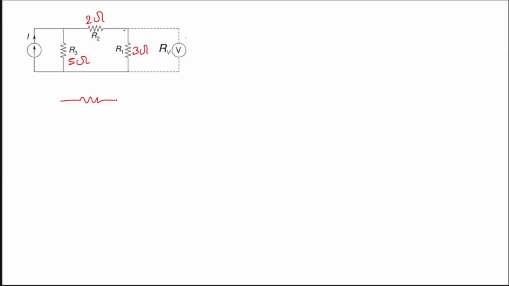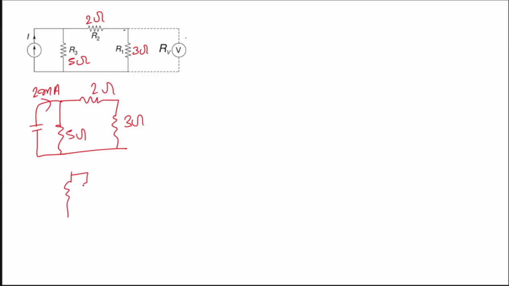So our circuit is something simple like this, right? There are these resistors and then there is a battery like this which is sending out a current of 2 milliampere, right? And here, this is how much? This is 3 ohm, this is 2 ohm, and this is 5 ohm. So clearly you can see 3 and 2 are in series, so that will become 5, and then our circuit will become this one, right? And here the current coming is how much? 2 milliampere. So this is 5, this is 5.